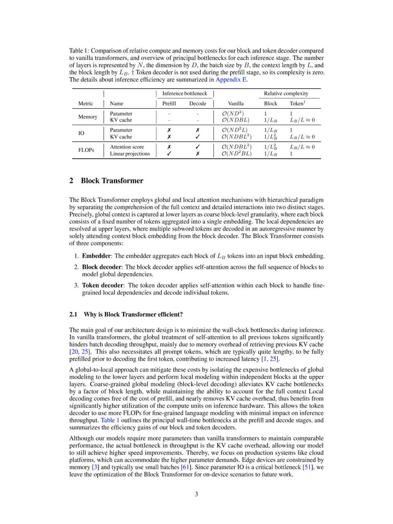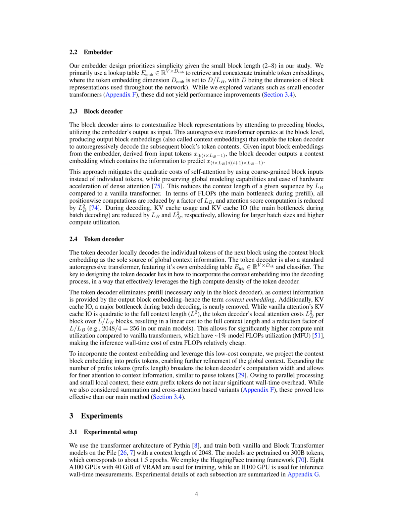The token decoder locally decodes individual tokens of the next block, using the context block embedding as the sole source of global context information. It eliminates prefill and nearly removes KV cache overhead during batch decoding, allowing for significantly higher compute unit utilization compared to vanilla transformers. The token decoder incorporates the context embedding into the decoding process to effectively leverage the high compute density of the